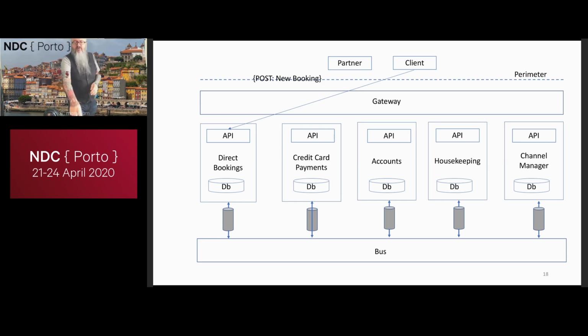So the obvious answer I might reach for is, well, they've all got an API, just like everything else. So I can just use their API from the client. So I could call my accounts microservice and say, give me the credit card details. And then I could take the credit card details and say, hey, credit card payment service, please take a payment on this credit card.